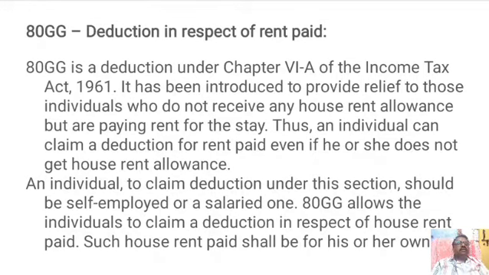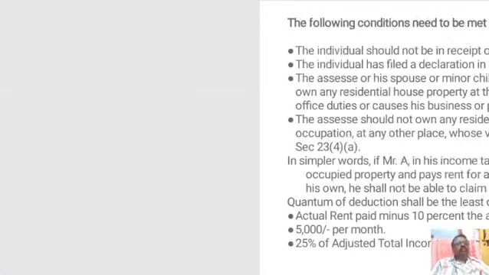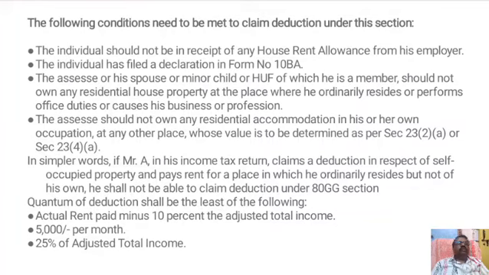An individual to claim deduction under this section should be self-employed or salaried. 80GG allows the individual to claim the deduction in respect of the house rent paid. Such house rent paid shall be for his or her own purpose. The following conditions are needed to claim deduction under this section. The individual should be